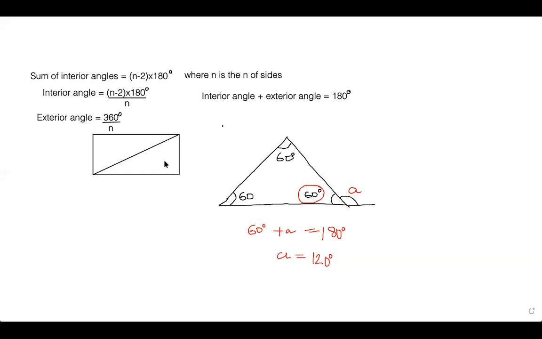Okay, so for example, if I'm looking for the interior angle of this, I would get n, which is the number of sides of the shape, and in this case it's 4, minus the number of triangles which we can